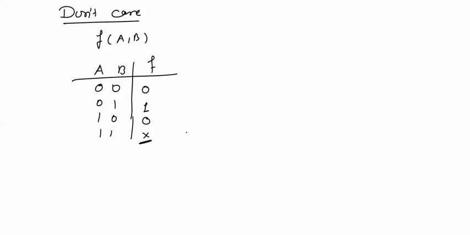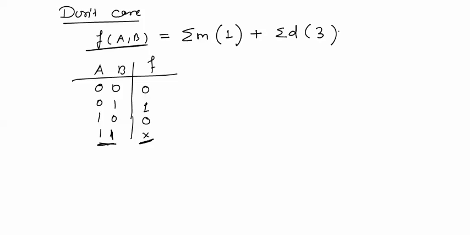This cross represents that for this particular combination the function f is not defined, meaning a and b cannot both be one simultaneously. If they become one, the output will be uncertain. It can be either 0 or 1, so it is written with a cross. In terms of function, that is written as summation m for the first combination it is logic 1, plus summation d for the third combination it is don't care,